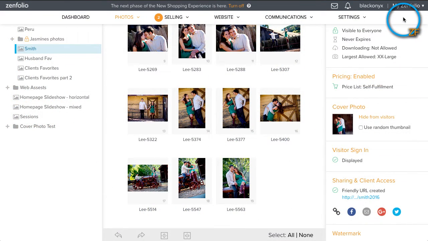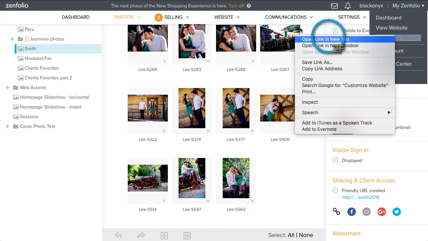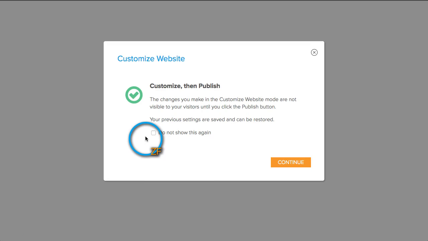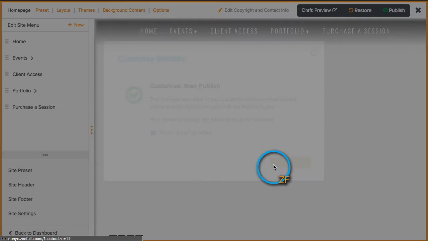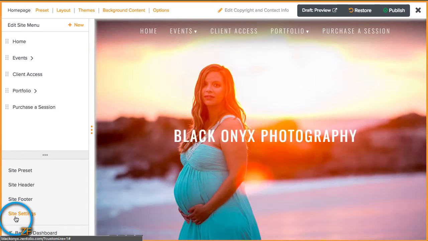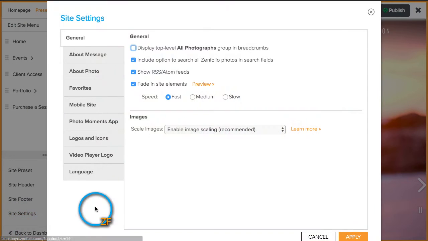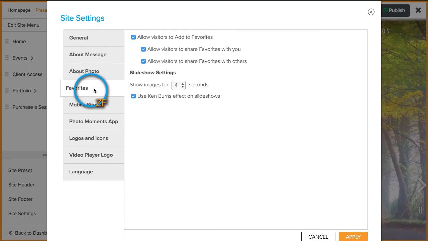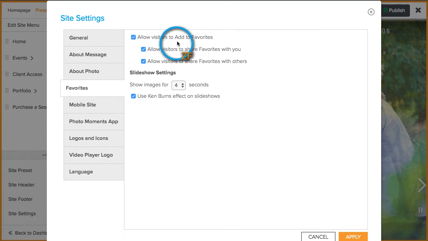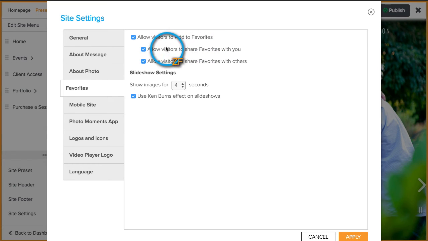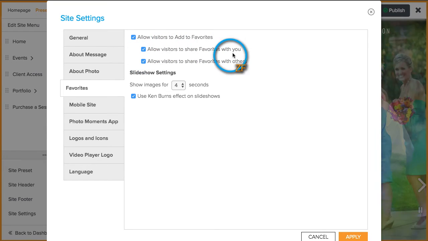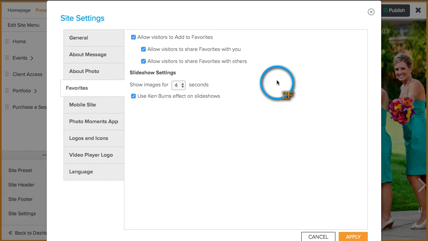So if we go into Customize Website View here, you'll first want to just make sure that the favorites feature is turned on. And to do that, we'll go into Site Settings in the bottom left corner, and we'll go to the Favorites tab. And you'll just want to check that you have it set to allow visitors to add favorites. You may also want to keep these boxes checked to allow the visitor to share their favorites with you and